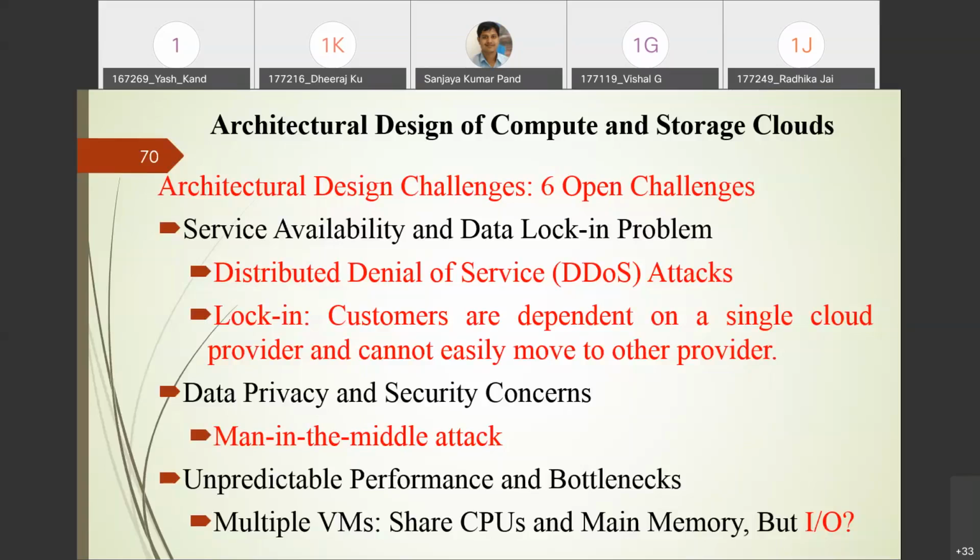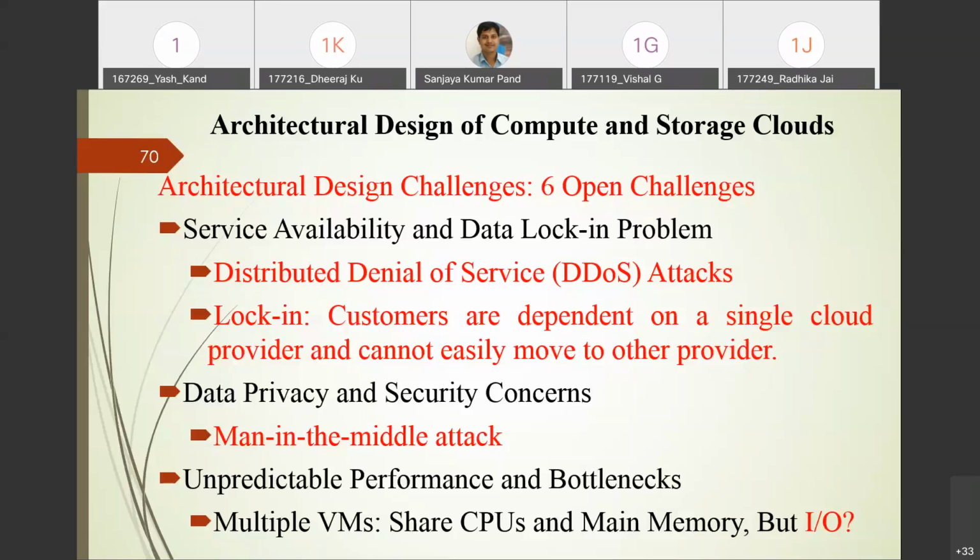Distributed denial of service: you can launch this attack from various places. A malicious computer can inject such an attack in a computer network, in various places. What will it do? It will slow down the service. If it slows down the service, availability is less, right? If some malicious node consumes the entire bandwidth, then a genuine user or genuine computer system cannot communicate. So in that case, the service availability will be less.